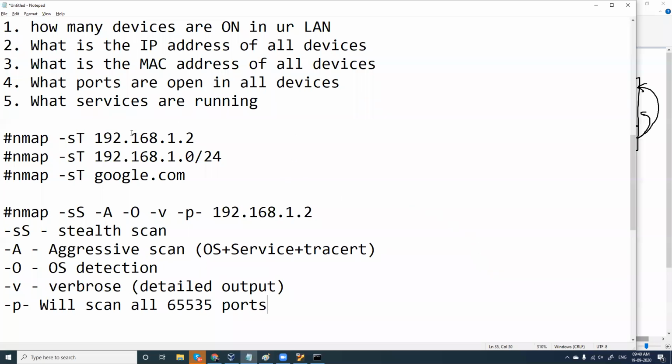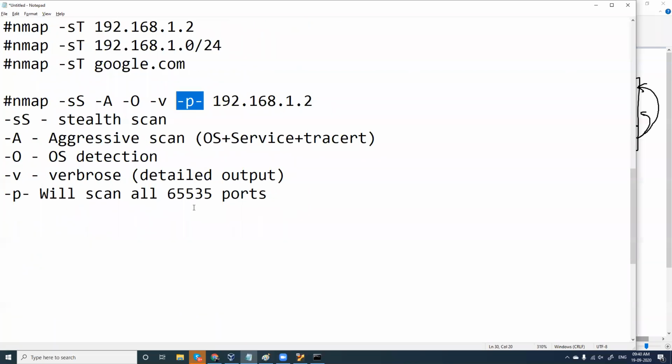This kind of scan is going to raise a lot of traffic, so please don't use it for scanning outside networks, because scanning all the ports can raise a lot of traffic, which might not be good. You can use this for internal scans to find out the operating system. You can use these two commands in combination to see what is happening in the background.